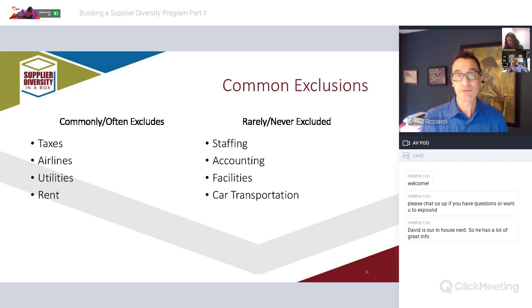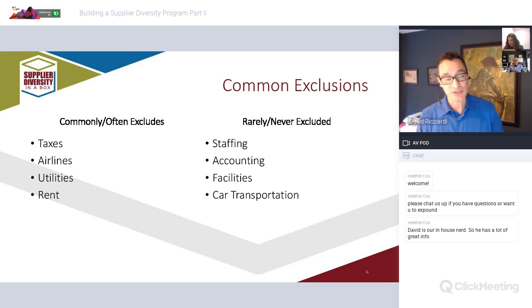If you look across a variety of corporations, we've seen corporations count in different ways. Sometimes they do it because they've got good reasons. Sometimes it's the way they've always done it. There's a number of things that go into those considerations. But unlike having a clearly defined government regulation, for instance, or a worldwide practice like the generally accepted accounting principles, GAAP, this is the way we always report revenue and profit and stuff like that. With supplier diversity analytics, it's a lot looser. So while there are what we think are best practices, which is what we're about to tell you right now, you will see different people do things in different ways.